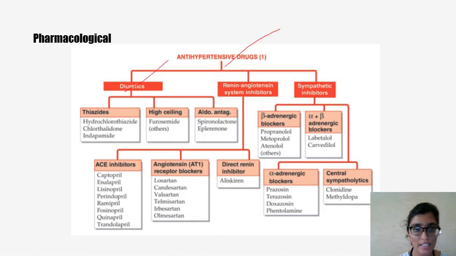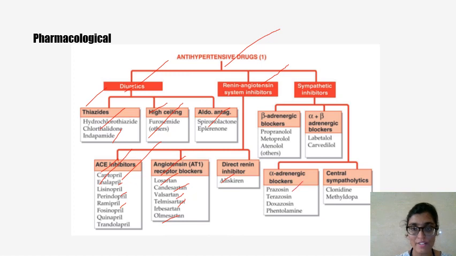Antihypertensive drugs: diuretics, thiazide like hydrochlorothiazide, chlorthalidone and indapamide; high ceiling like furosemide; aldosterone antagonists like spironolactone and eplerenone. Renin-angiotensin system inhibitors are ACE inhibitors like captopril, enalapril, lisinopril, perindopril, ramipril. Angiotensin receptor blockers are losartan, candesartan, valsartan, telmisartan, olmesartan. Direct renin inhibitors is